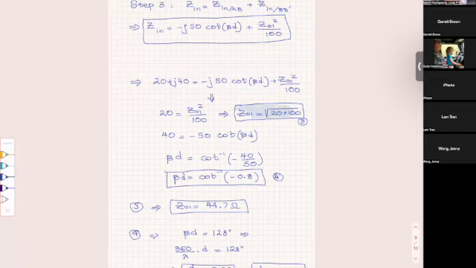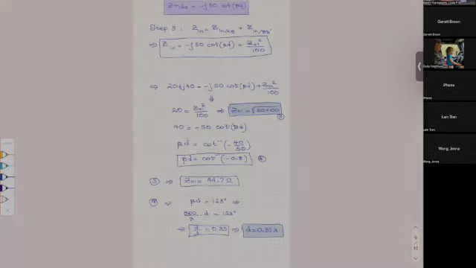Now we are going to try to find the same solution using the Smith chart. But do you have any questions so far? Okay, we are going to try to find